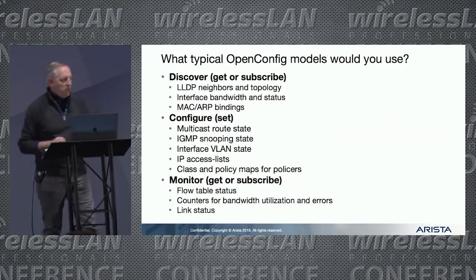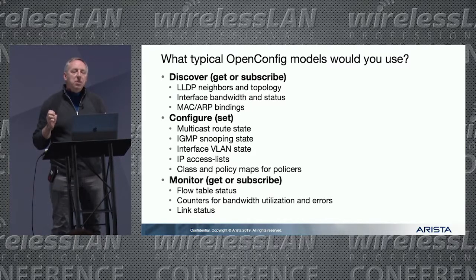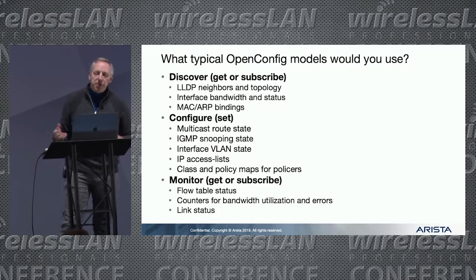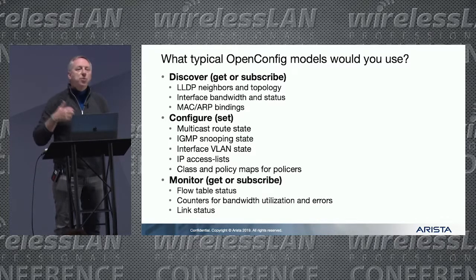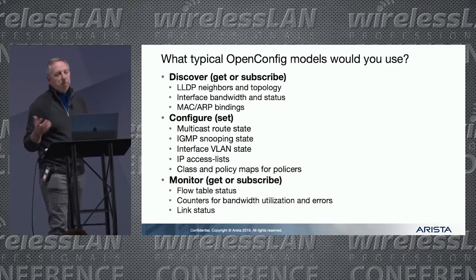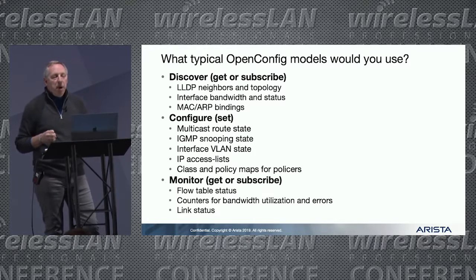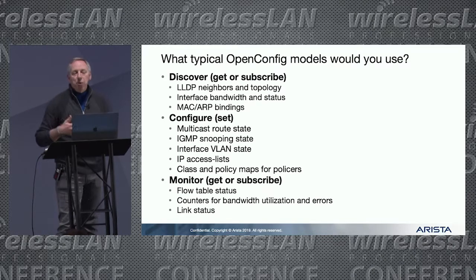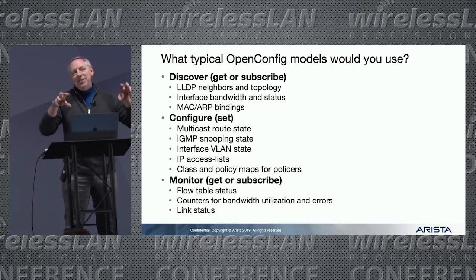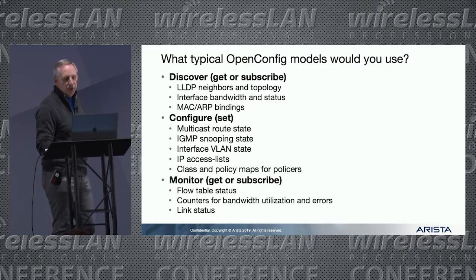So coming down to the wire here. So OpenConfig models allow you to do multiple things. For example, you can do discovery, you can see what's going on in the network, you can set configurations of the model sets, for example, like multicast routing or IGMP. You can also monitor. You do a get or subscribe to get flow table information or link status. Again, with OpenConfig, you can get any kind of same data elements from disparate vendor solutions. And that's kind of the beauty of OpenConfig.